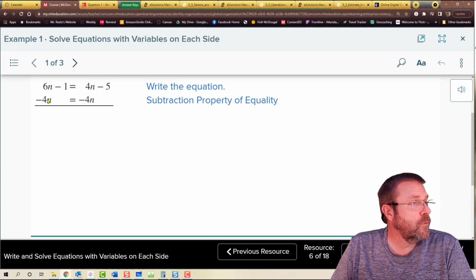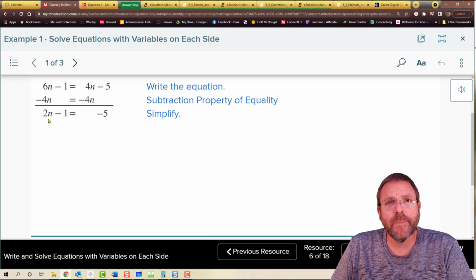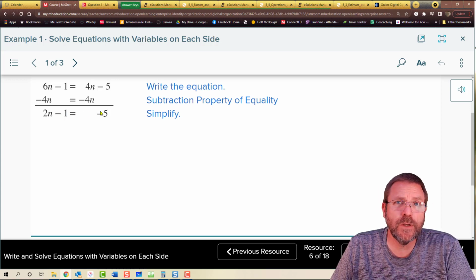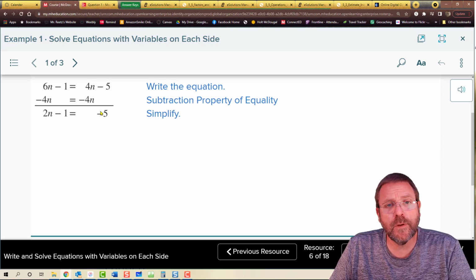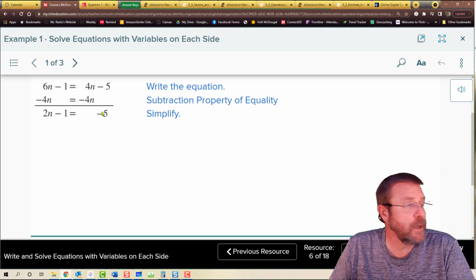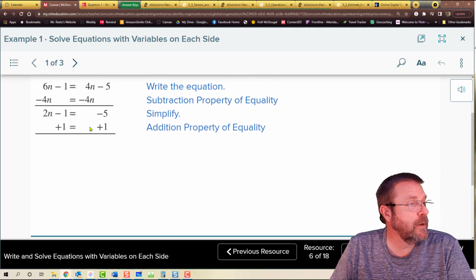They subtracted 4n on both sides. These 4n's on the right are going to zero each other out. And what's left on the right? Just a 5. On the left, 6n minus 4n leaves 2n. Now you have to go after this minus 1, because at this point we've just got a basic two-step equation, and when solving two-step equations, the first thing you do is undo addition and subtraction. We've got a minus 1, so we're going to make that minus 1 go away by adding 1 on both